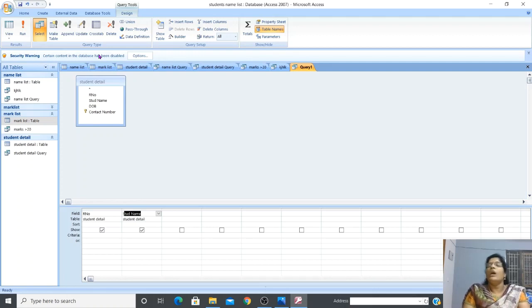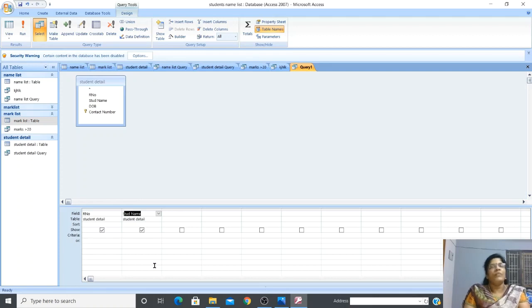Also, we studied how to search for a particular record. If you have raw data and want to find a particular student's performance or something, you can't find it easily from the raw data. In this case, you can go for the search option. The search button is under the status bar. So this is what we studied in tables, and queries we studied today. Queries are another object of MS Access. In queries we studied how to create a query using Query Wizard as well as Query Design.